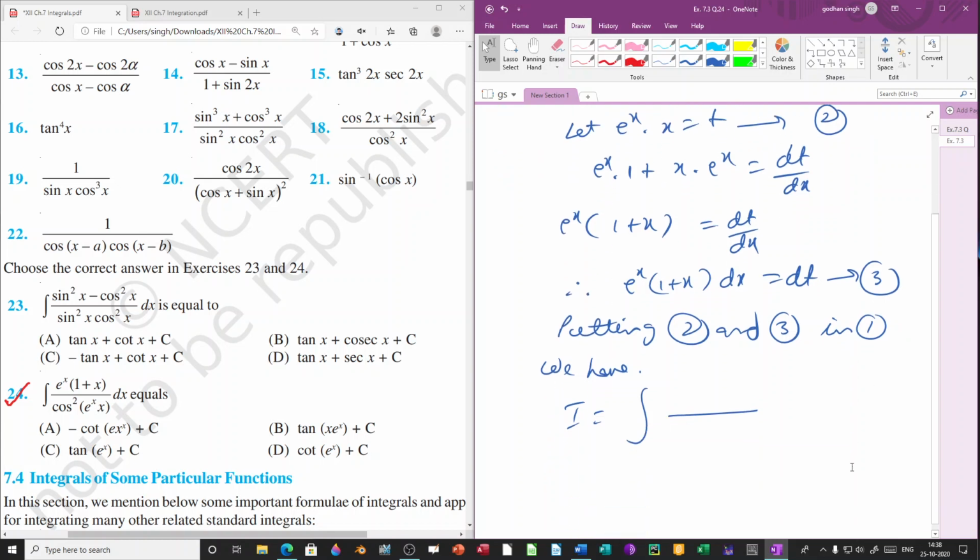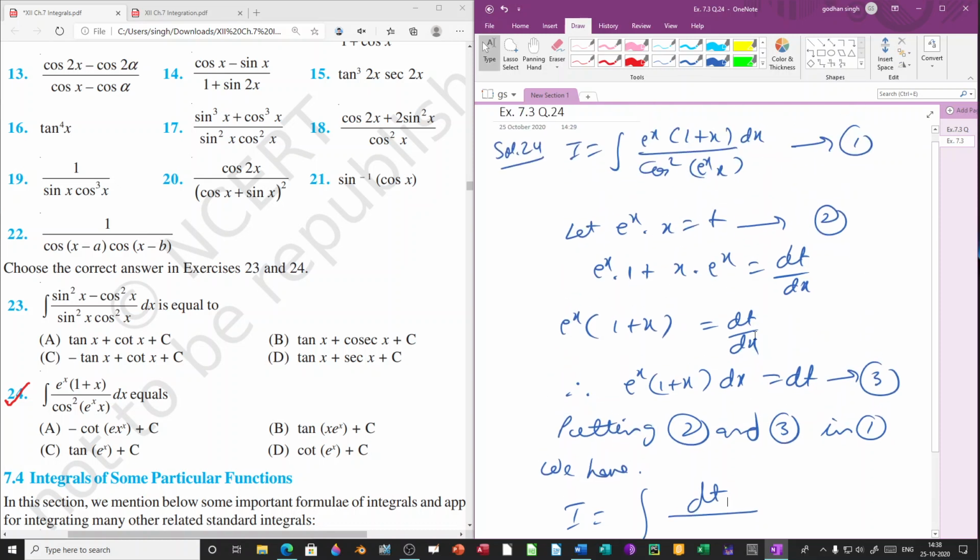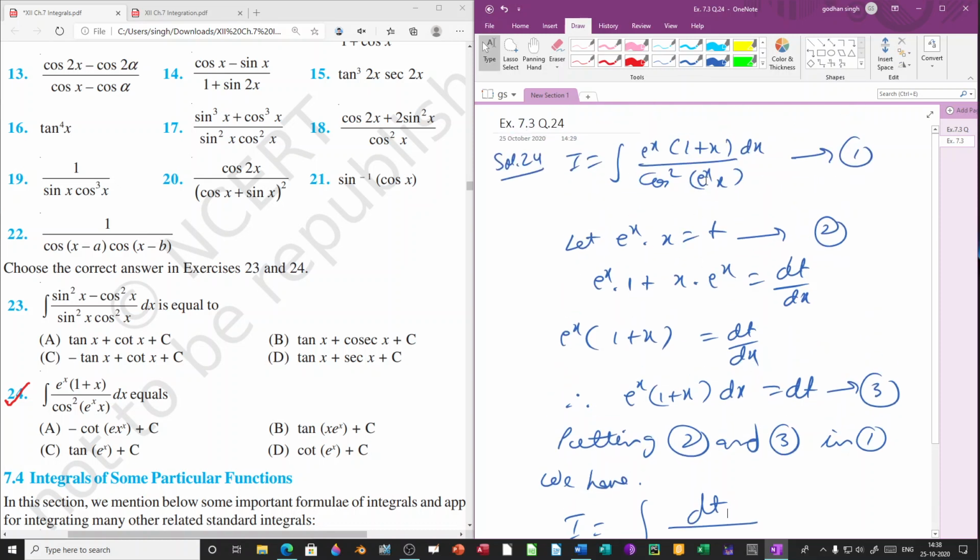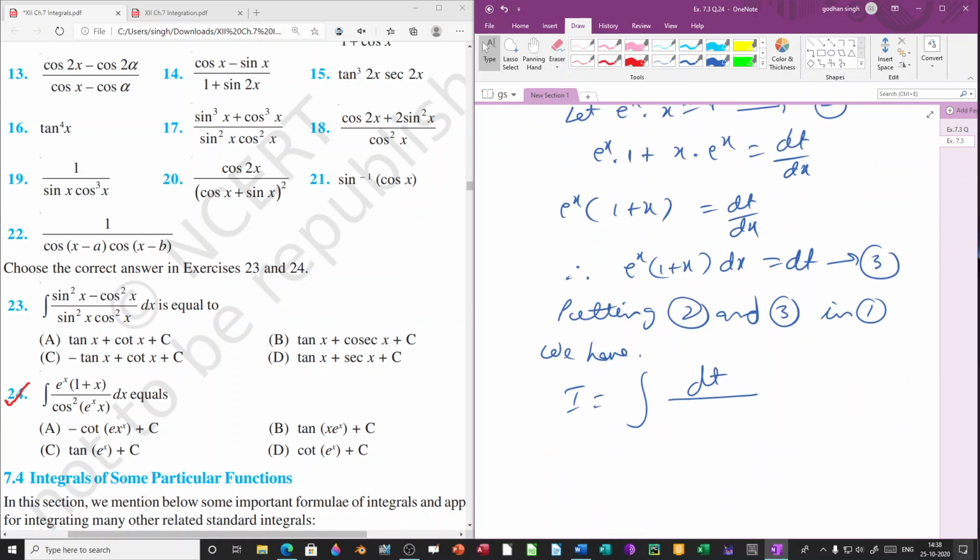So we will write here dt, and in the denominator we are having cos square e raised to x into x, and e raised to x into x is t, so that can be written as cos square t. Therefore, I equal to the integration of 1 by cos square t, which can be written as sec square t dt, and the integration of sec square